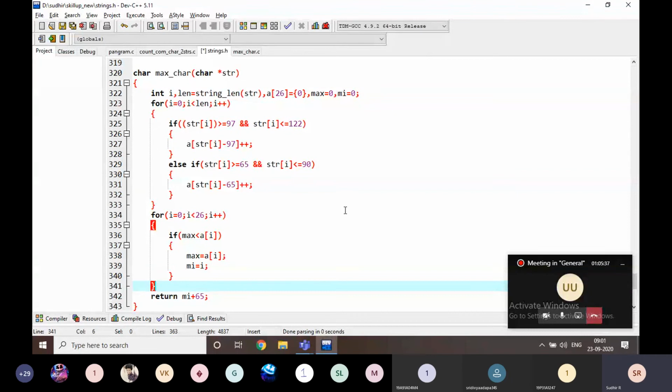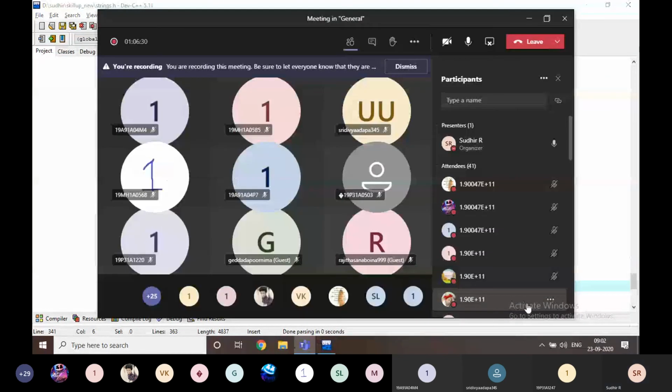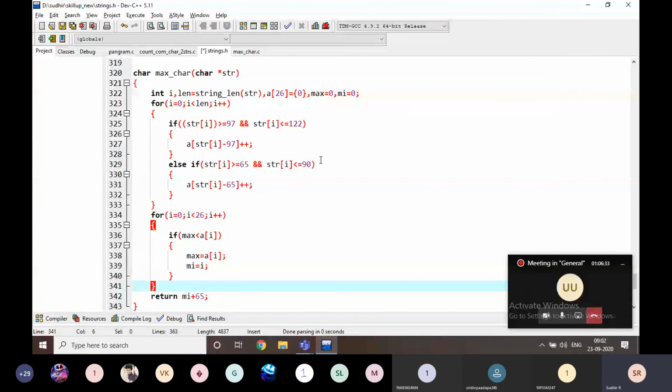I'm using same logic every time, but small changes. Let's note it down, everyone.